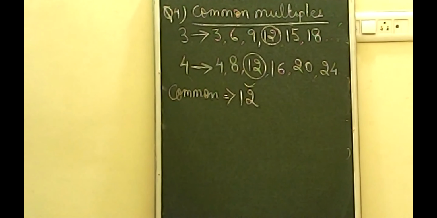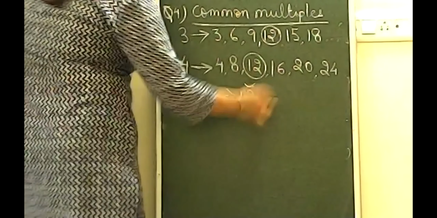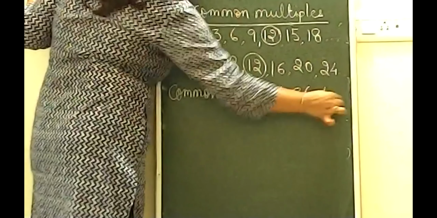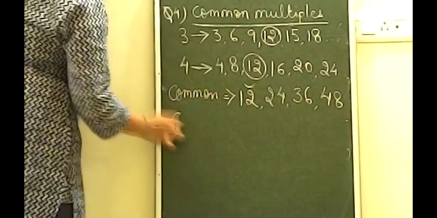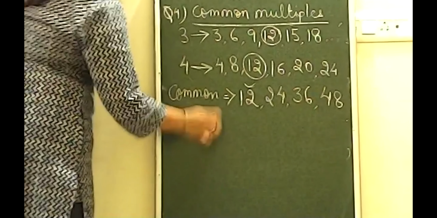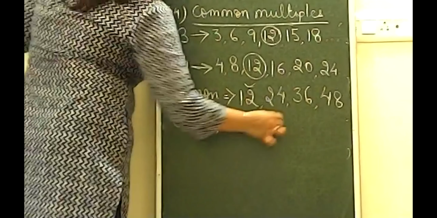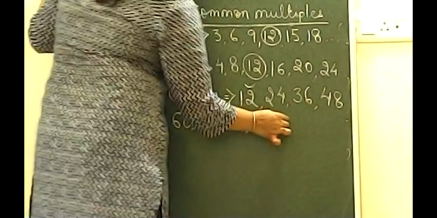You can write down the common multiples of these two numbers by increasing the table of 12. So let's see: 12, 24, 36, 48, then 60, then 72, then 84, then 96, after that 108,